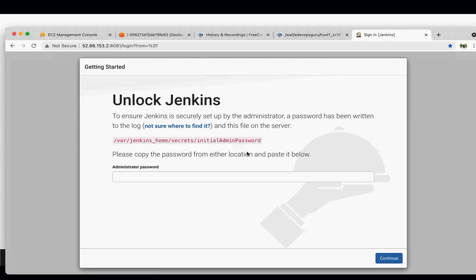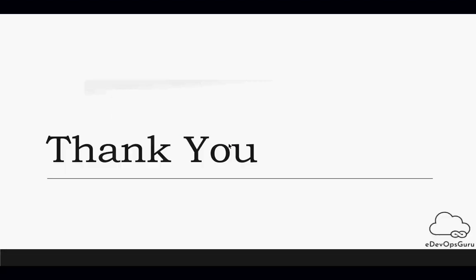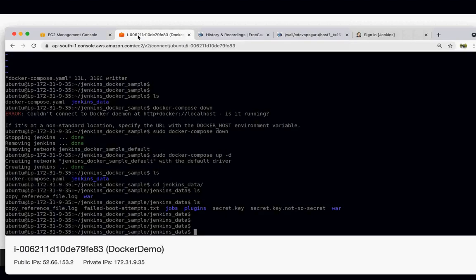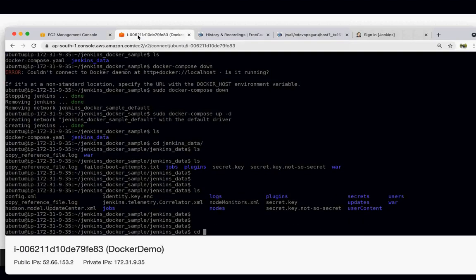But now with this, once we configure Jenkins, all the configurations used by Jenkins are stored in the host machine. So even if you delete this container, these files will remain there. Next time if you start this container, it will pick up these configurations and start from there. It will not start from scratch. For example, let's try to find this file here. Okay, inside this, if you see